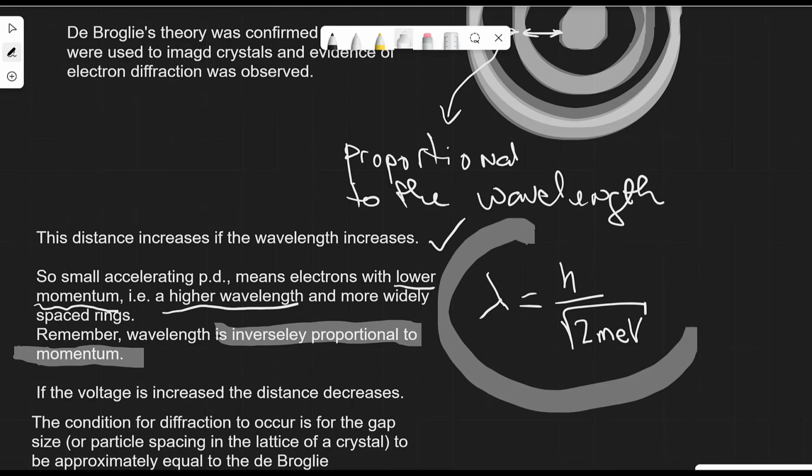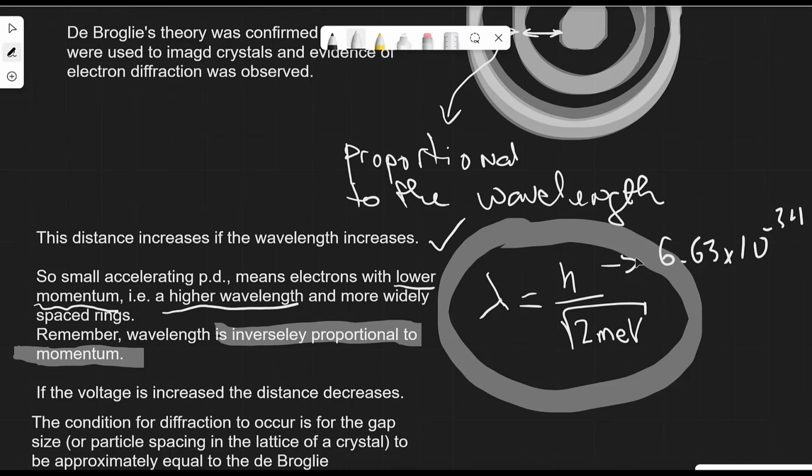The formula that we need to use to calculate this, if we're talking about the acceleration of electrons, is the following. And loads of questions appear for it. Lambda is equal to Planck's constant, which is around 6.63 times 10 to the power minus 34, divided by the square root of this expression, where m is the mass of the particle, e is the elementary charge, and V is the accelerating